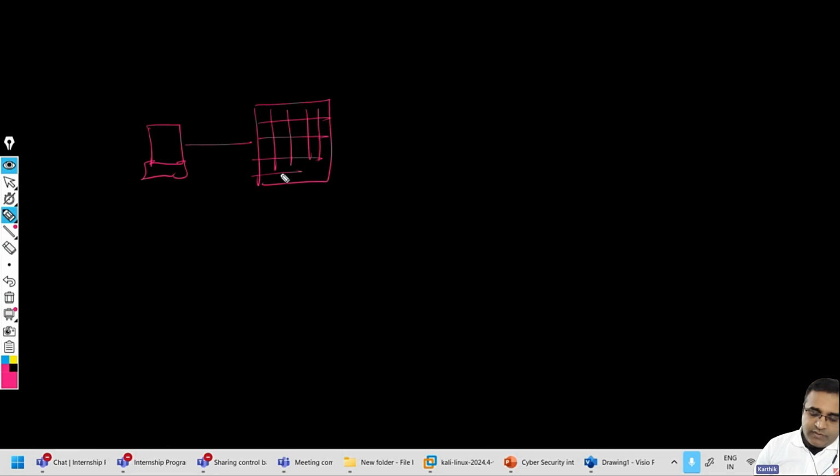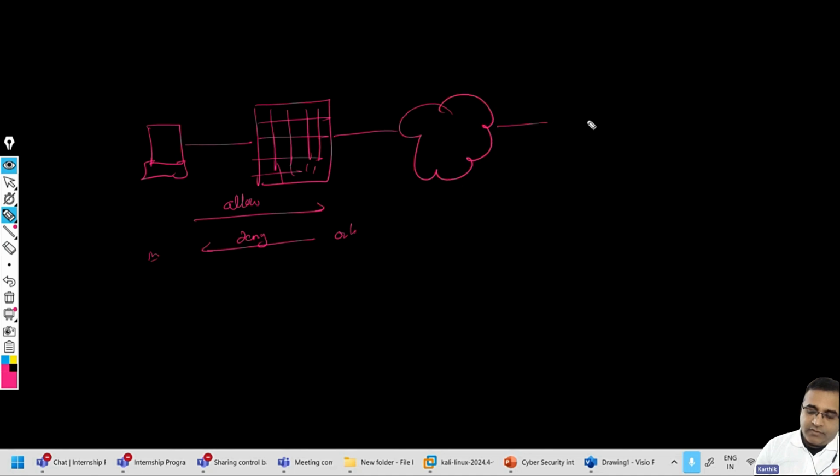One of the basic models of firewall is that it will allow the connection going from inside to outside, and it will deny the connection from outside to inside by default, right? So if a hacker wants to connect to the victim machine and execute the code, he has to go via the firewall itself, and he is going to be blocked,